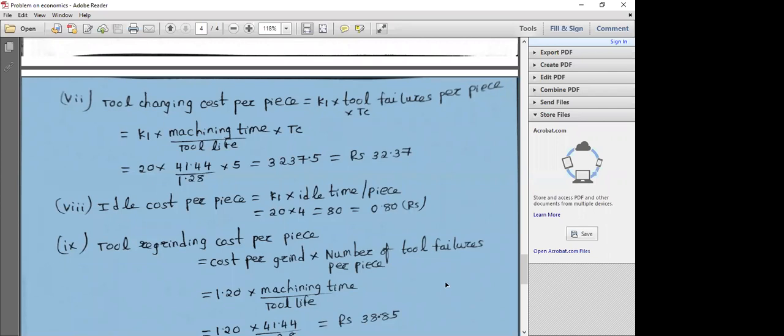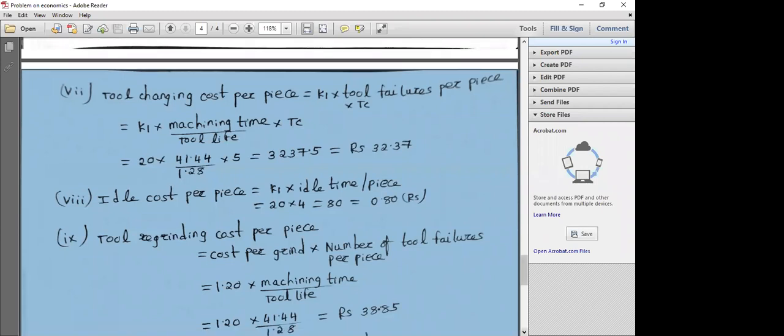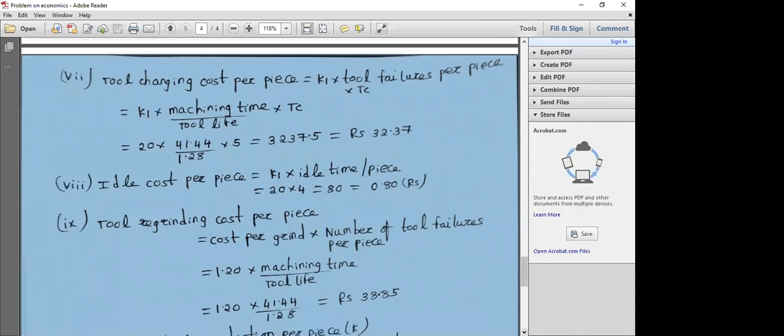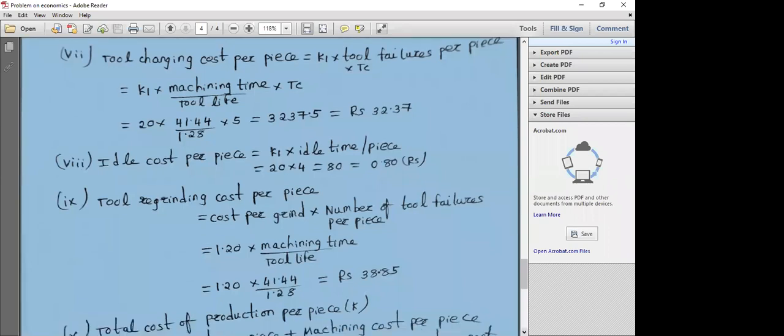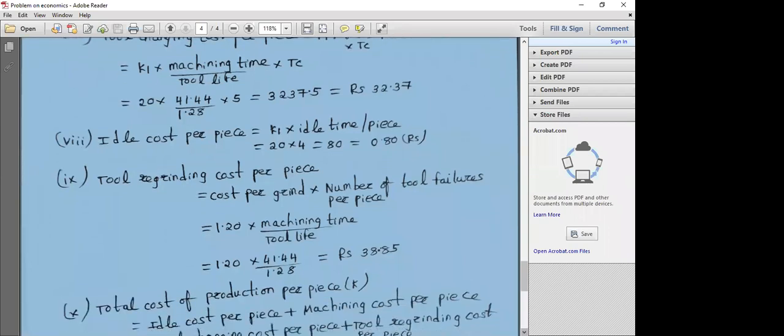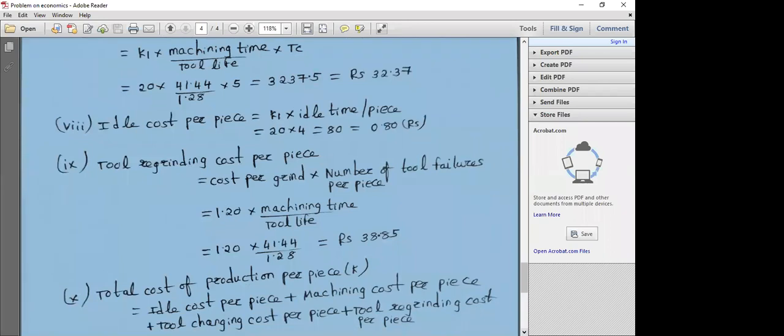So tool failures per piece is the machining time per tool life. Again, you have to substitute the value you have got previously. In order to go for the cost per grind, it is 1 rupee 20 paise, and machining time per tool life, you have to take 41.44 by 1.28. So you'll be getting rupees 38.25. So you have to sum up all the costs, because in the derivation